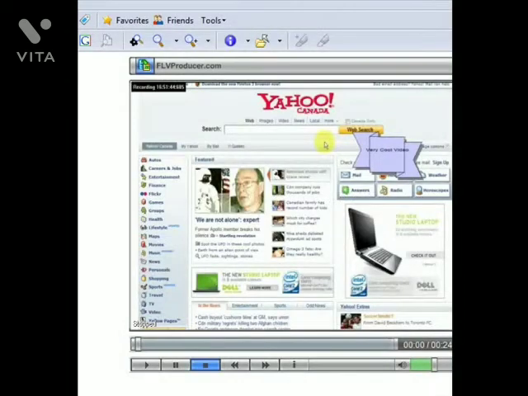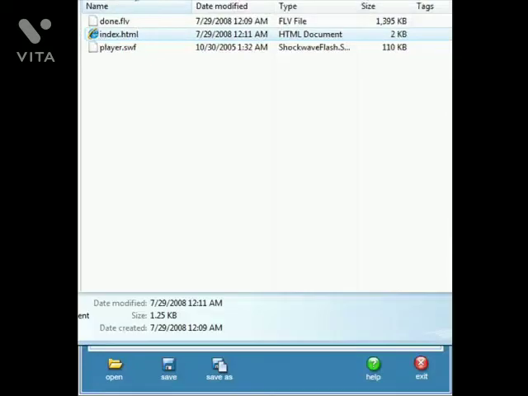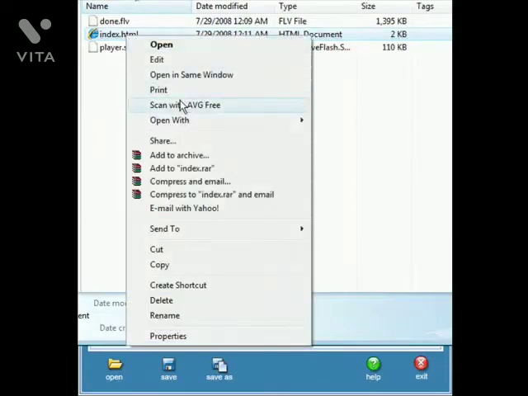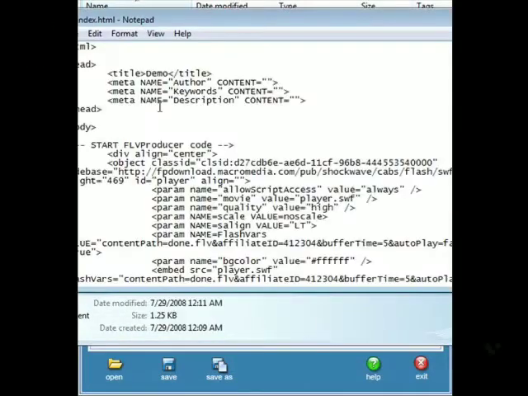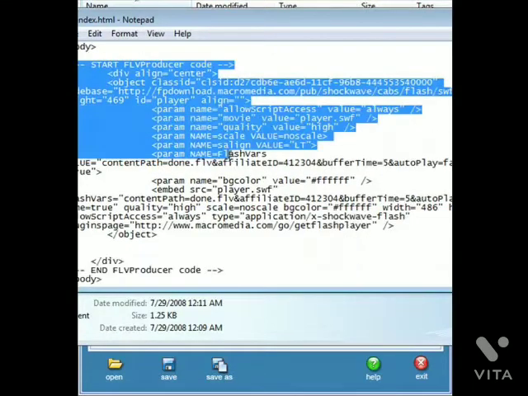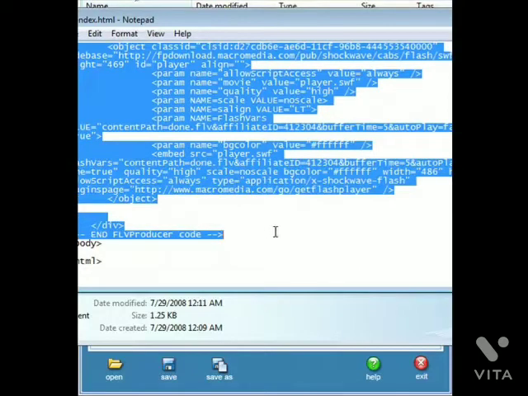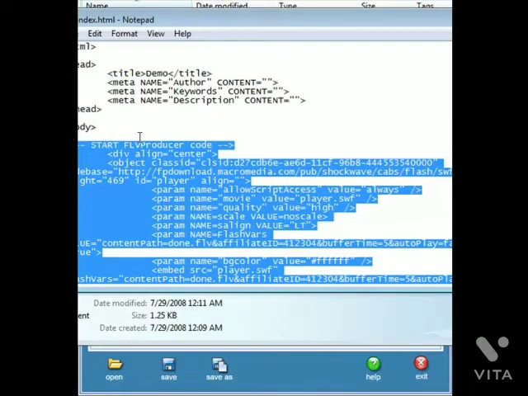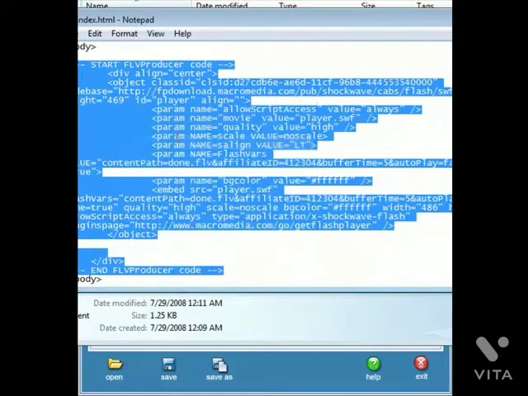Okay, and now one more thing I want to show you is how you could put this video on a sales page. Now, a lot of times people put a video on their sales page to demonstrate some feature of their product. So all you have to do is take this code, you just open it with Notepad, and then you just grab everything inside the body tag here. So just grab all of this just before this body and just after that body tag. Just copy it,